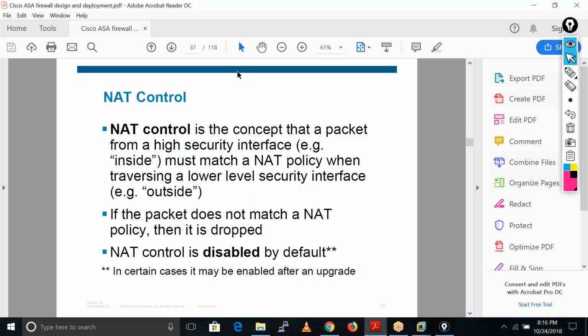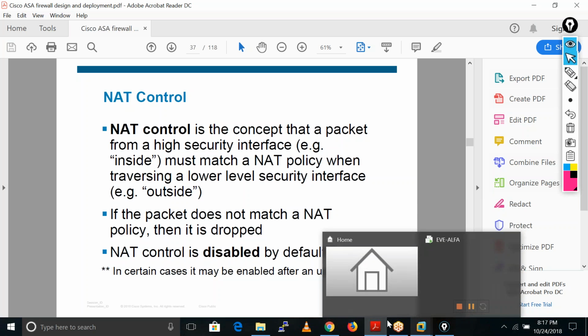Just remember we have two modes. The first one is routed and the other one is transparent mode. In routed mode, the firewall acts as a layer 3 device. If we are running the ASA firewall in transparent mode, then the firewall runs as a layer 2 device, like a switch.